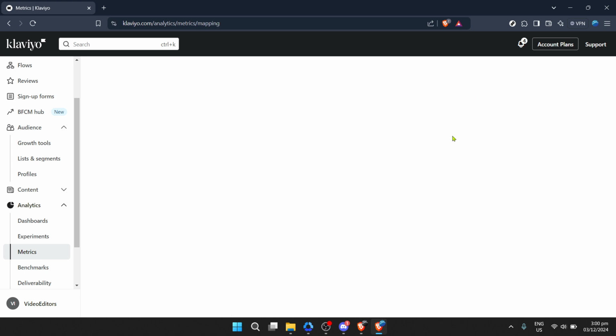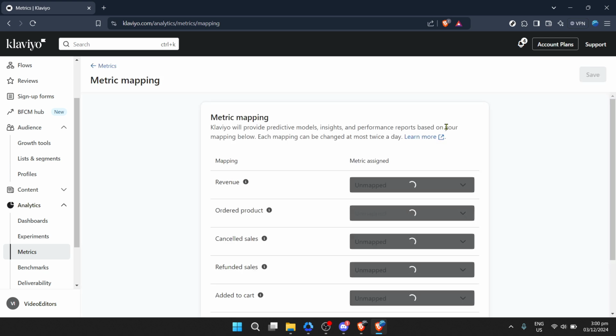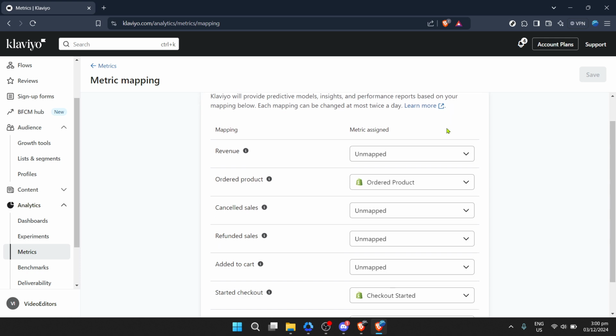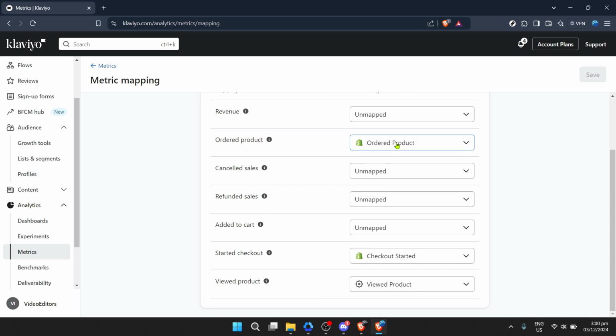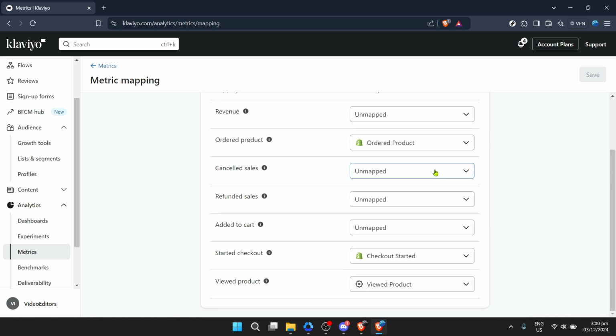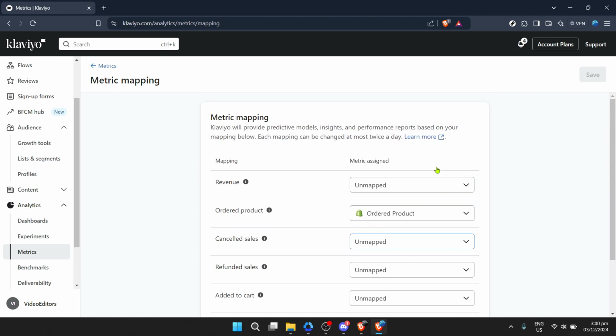Finally, you will be at the step where it all comes together. After selecting your aggregation method, you'll see the Create Metric button. This is your cue to give your new metric a name that clearly describes what you're tracking. Try to be as specific and descriptive as possible. A well-named metric ensures that when you look back at your data or share it with your team, everyone will easily understand what it represents.